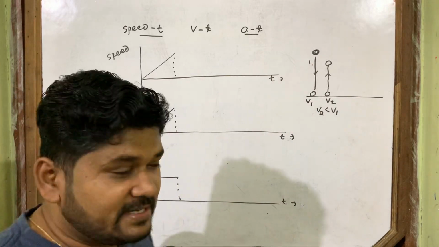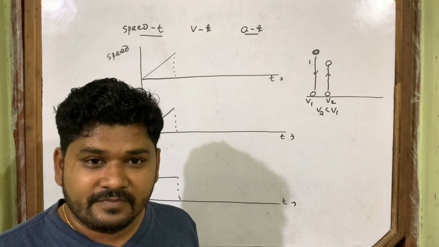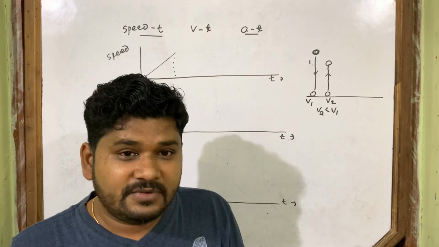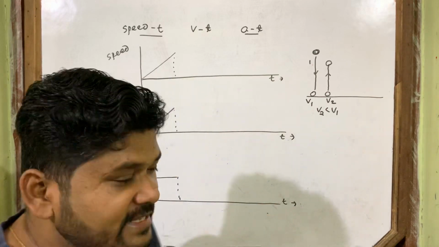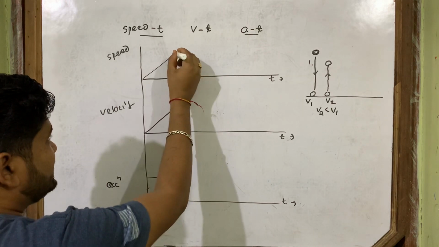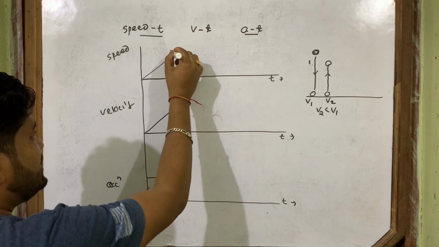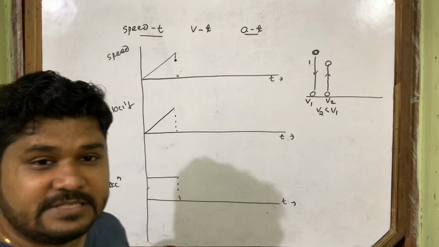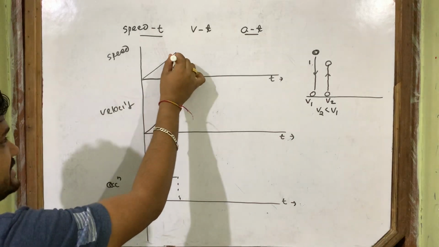Means the speed decreases. If speed decreases, what is the time gap between v1 and v2? Touch v1, reach v2. What is the time gap? Not much difference in time. This happens within a small instant. So suddenly, within the same time, same line, if you see here, its velocity comes down, speed comes down. Suddenly speed decreases. So the graph will not start from here. The graph will start from this line.